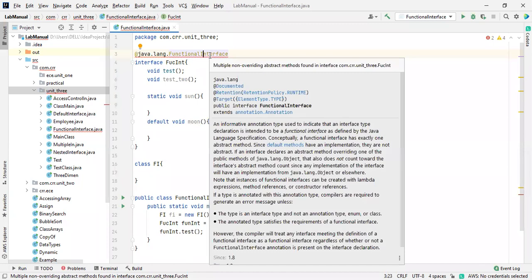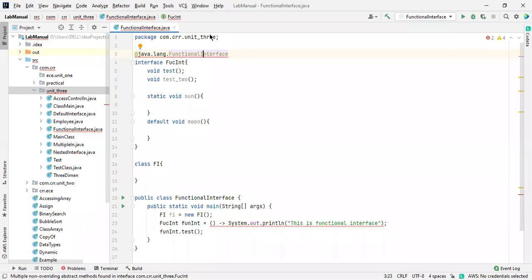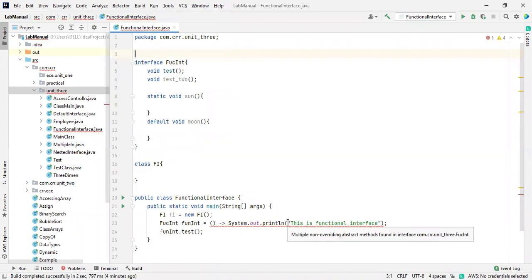If I remove this, again it shows an error: multiple non-overriding abstract methods found in interface, which is not possible.